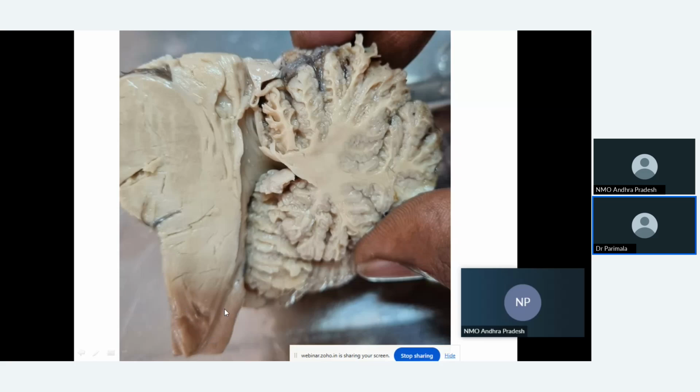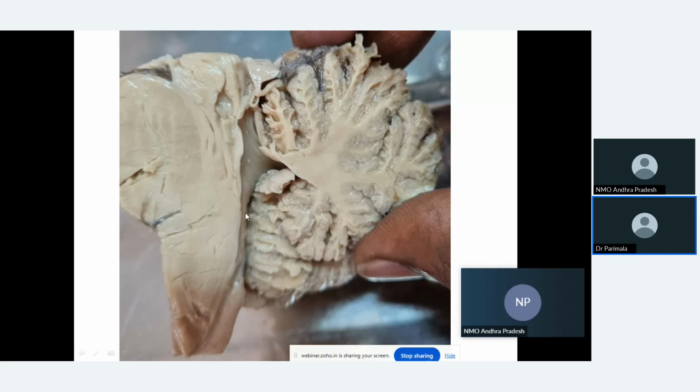That means the medulla is read under 3 sections. The lowermost section is called section at the level of pyramidal decussation. The intermediate section is called as sensory decussation section, and the topmost section will be called section at the level of olive. So here, if you see from below upwards, central canal is slightly dorsal in the lower section. In the intermediate section, it is more dorsal. And in the upper section, there is no central canal. Instead, the posterior surface of the medulla, this is the posterior surface of medulla, forms the floor of the fourth ventricle.